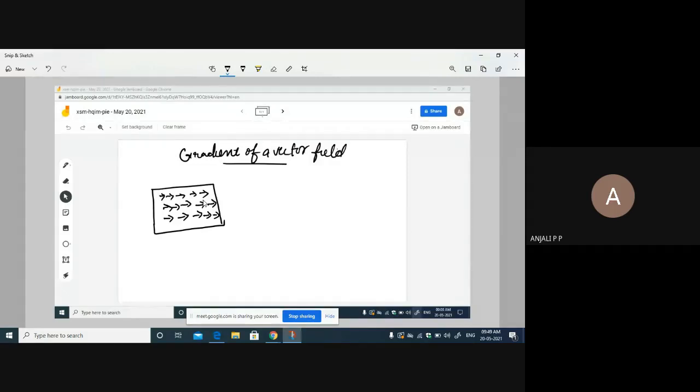Then the gradient of a vector field. Very, very important. Gradient of a vector field. Gradient means